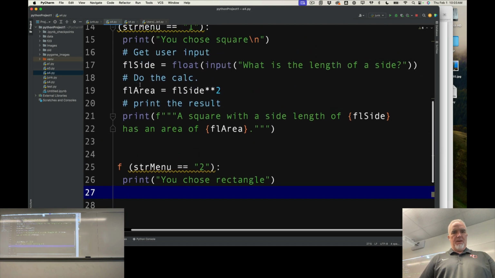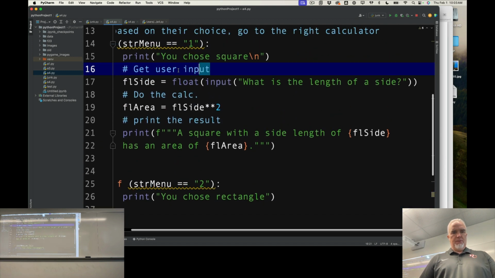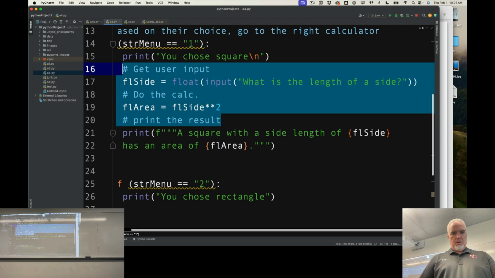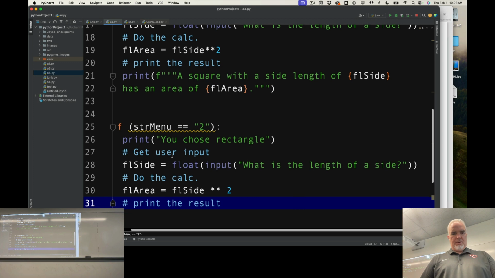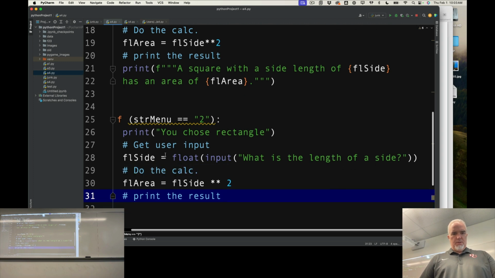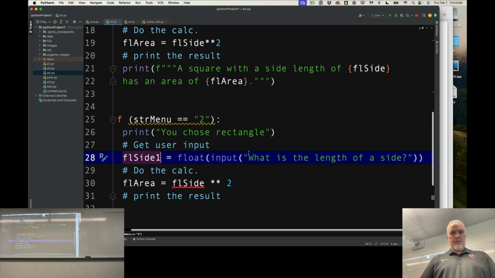On this side, same choices, right? Copy, get user input. Okay, for a rectangle, I need side 1. What is the height? We'll just call it height and width. Height,